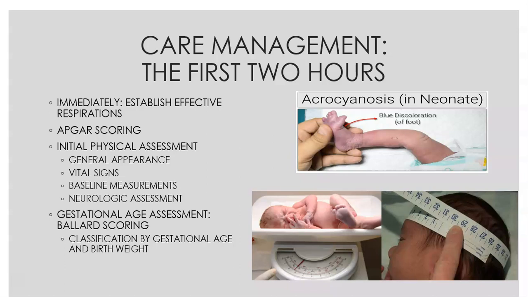Some of the other initial things we'll do, we will look at their color. So their color is part of that Apgar scoring as well. Looking at drying them off, that is one of huge priority as soon as they are born because of cold stress. So babies cannot shiver and they can't sweat, so they do not have any kind of thermogenic regulation mechanisms yet. So in order to stay warm, they have to be kept wrapped up. That's why we keep hats on babies and keep them wrapped up.